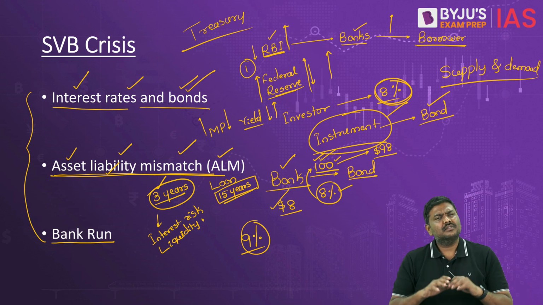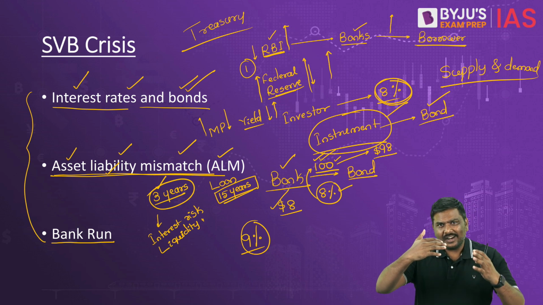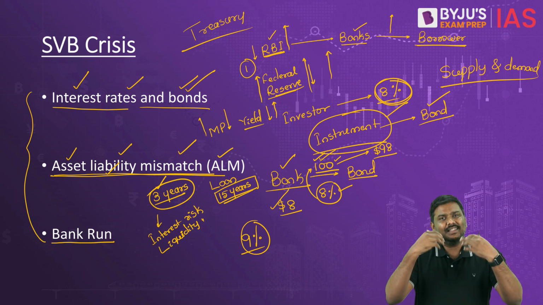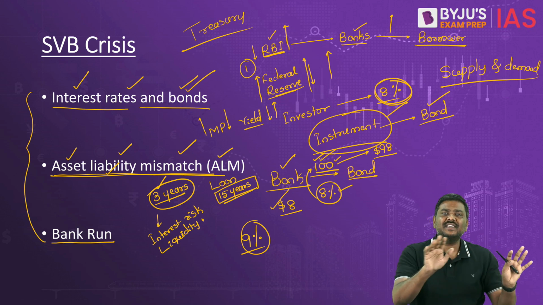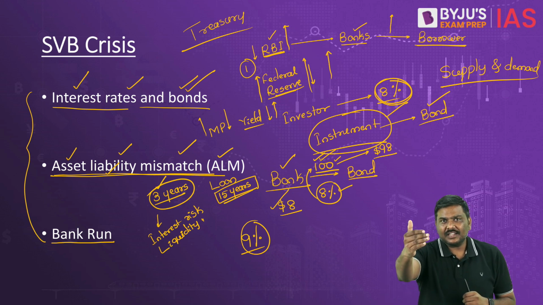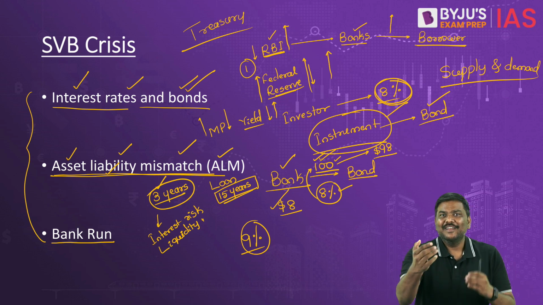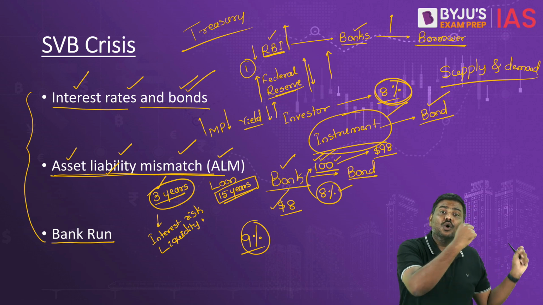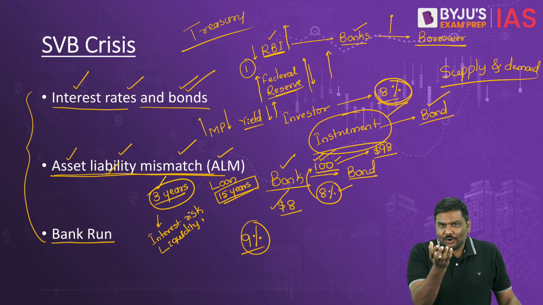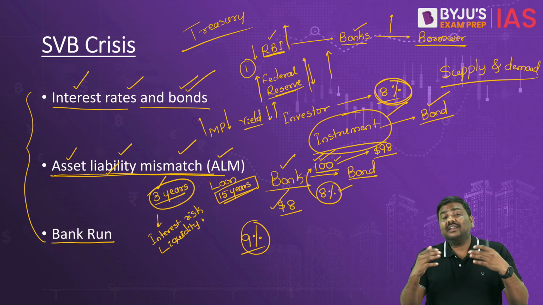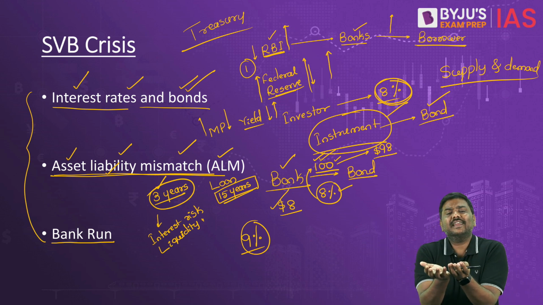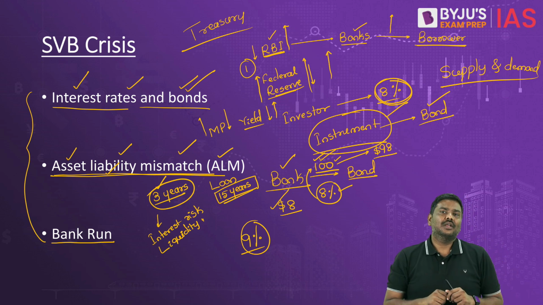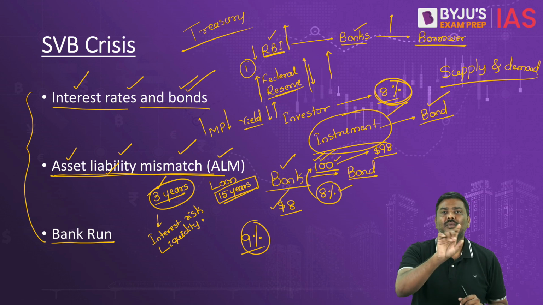Now why is there a liquidity risk here? Simple. You have given, let's say, 100 rupees to me for 3 years, and let's say all the 100 rupees, I will use it. I'm a bank. I will use it to give a loan to a businessman for 10 years. After 3 years, you will come to me, you want to withdraw the 100 rupees, but that 100 rupees is there with the businessman who is going to repay me in 10 years. Don't you think I will not have that money to repay to you? It doesn't mean that the bank will not repay. Bank will generally collect other deposits. Bank has other arrangements where they can collect the money and give the money back to you. But nevertheless, there is a risk. That is a liquidity risk.